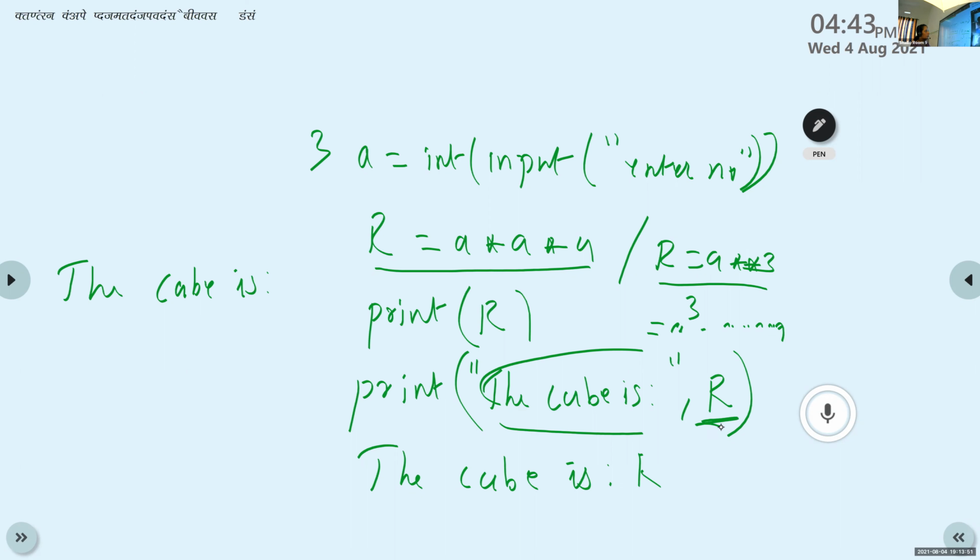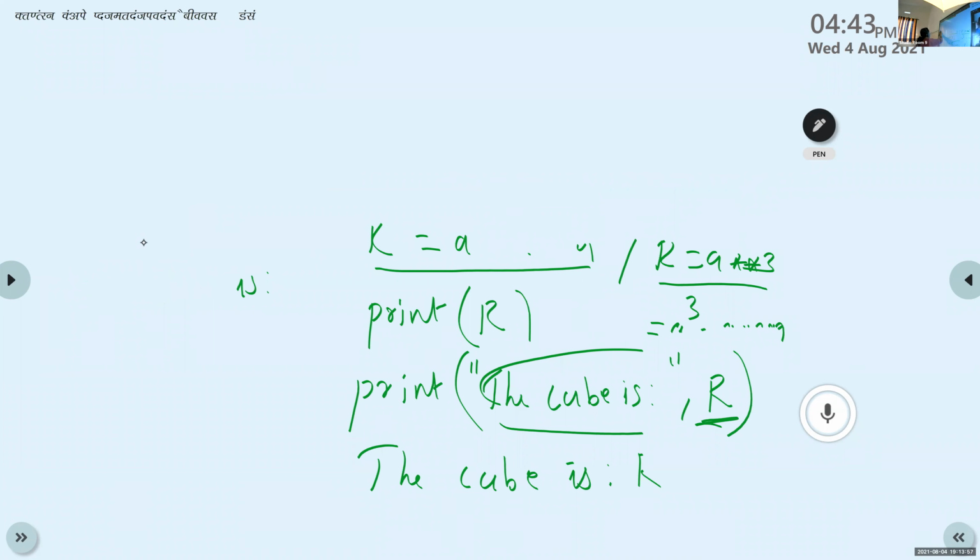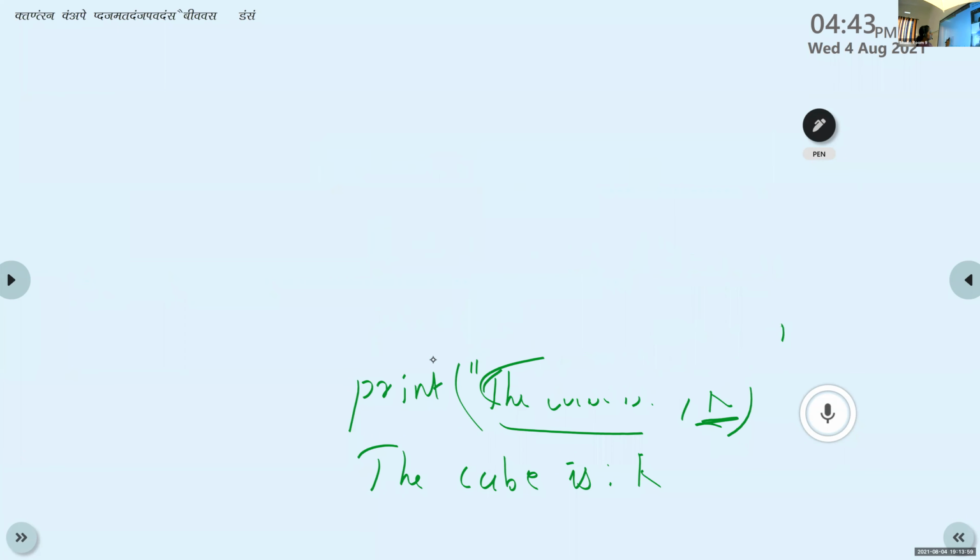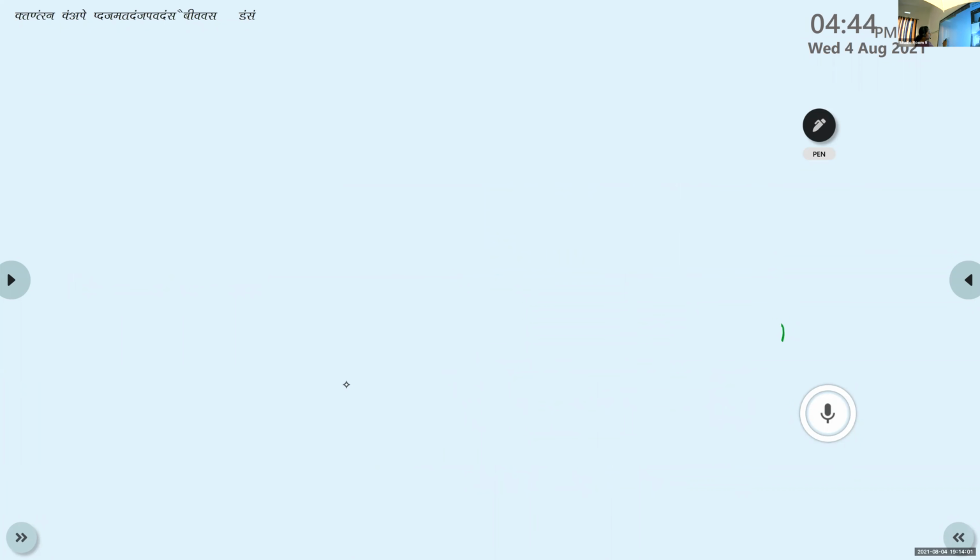Okay. Then write another program. Write a program to find the square of a number. Use appropriate messages.